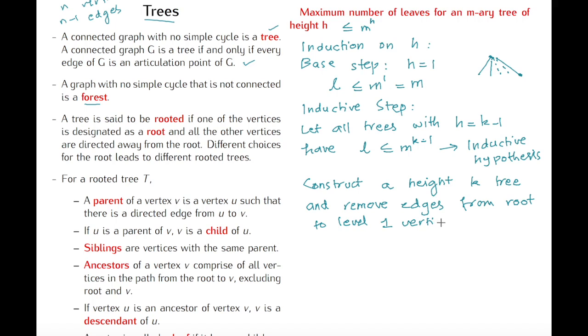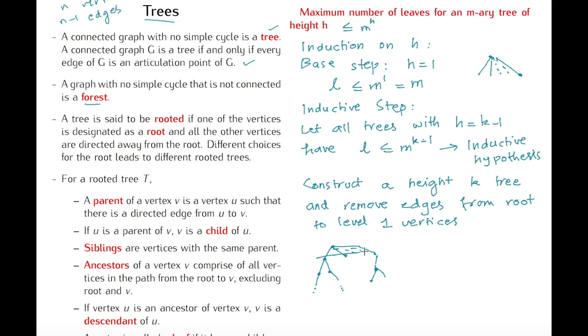So what does it mean? It means that we have this kind of a tree. So we have this kind of a tree,